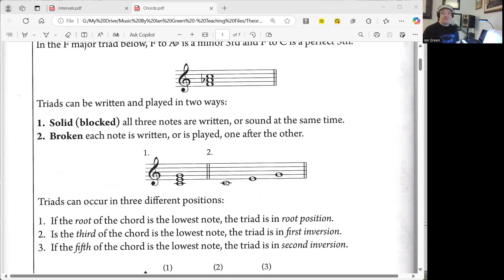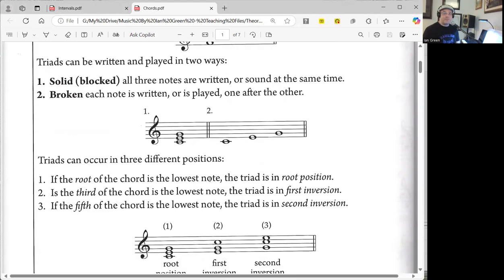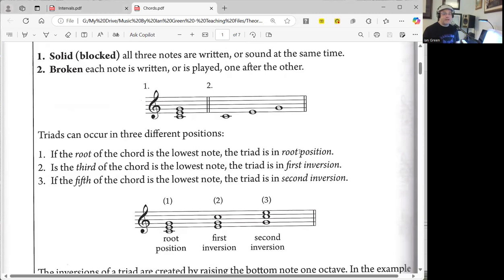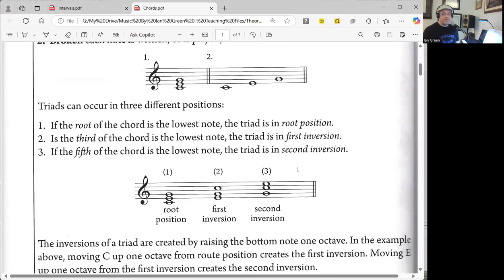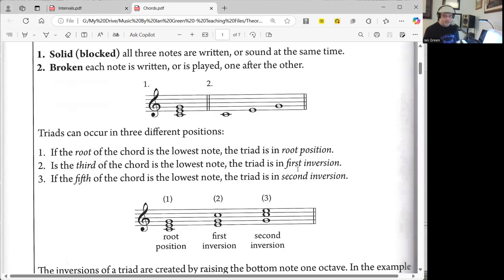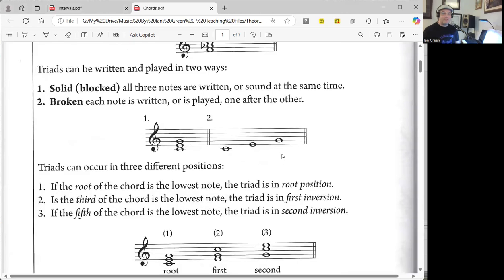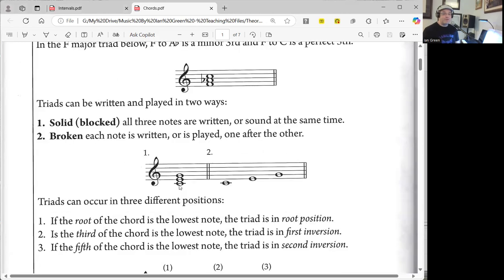Right? So you can hear that there's the broken triad. So, kind of cool. If the root of the chord is the lowest note, the triad is in root position. Now we're going to be learning in a different tutorial about inversions, so we'll get to that in a moment. But the most important thing that you want to think about is matching the root of a triad to